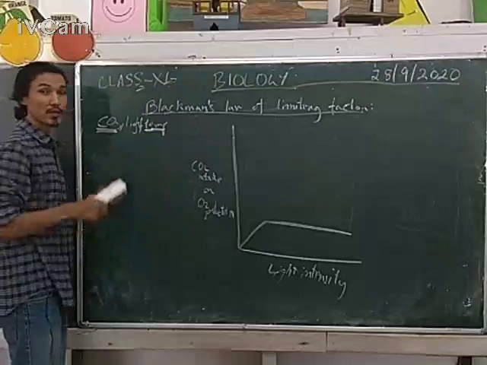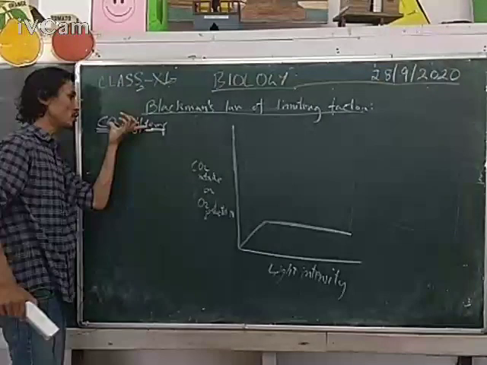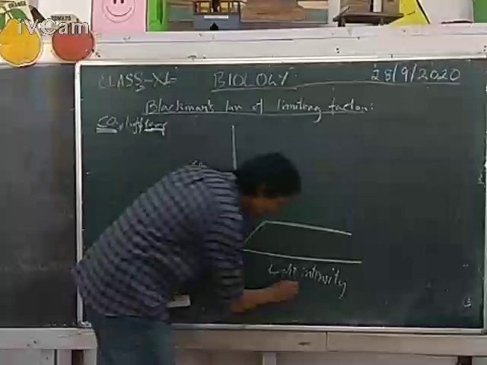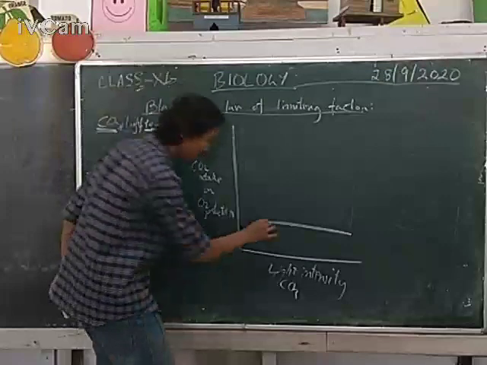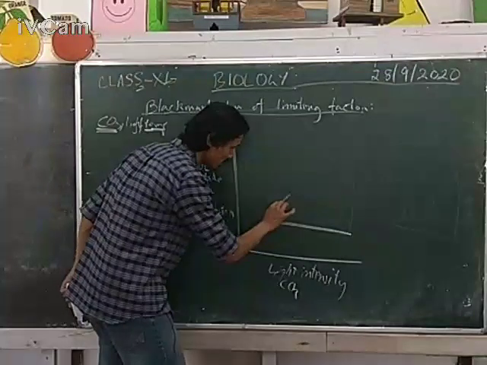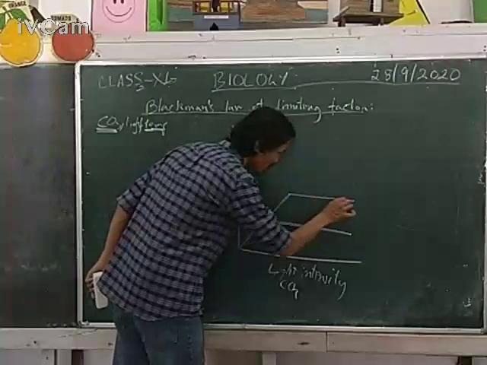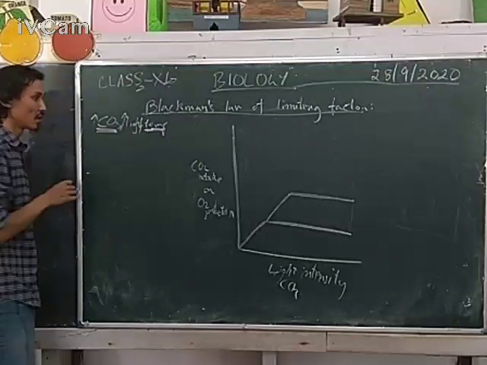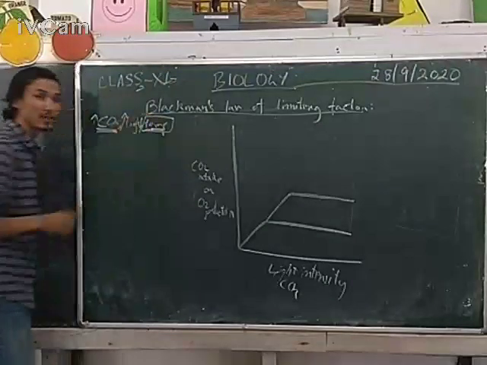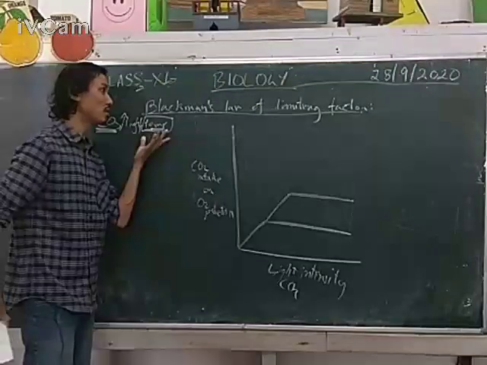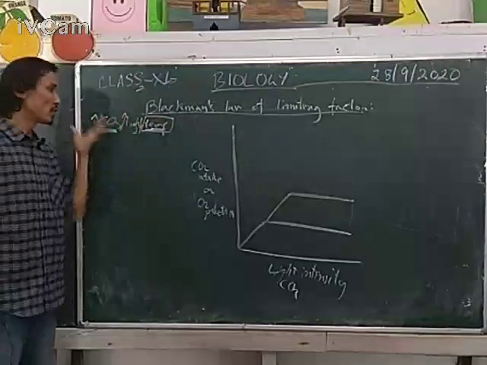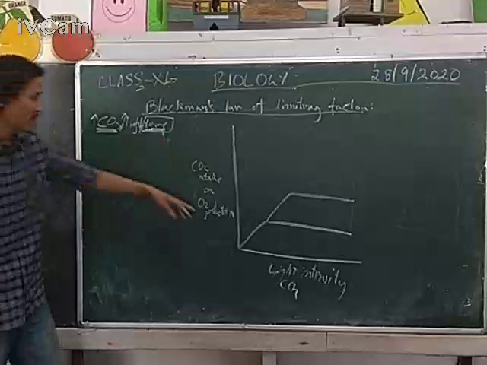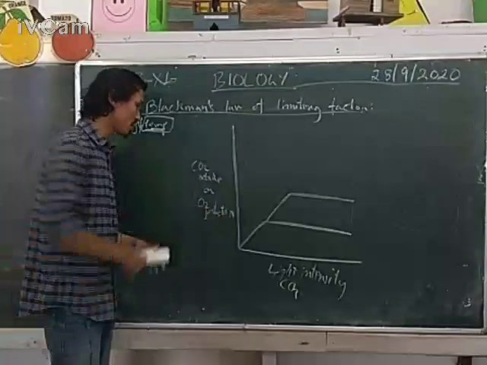Carbon dioxide and temperature being constant despite increasing the light, these two become the limiting factors, that is, carbon dioxide and temperature. Now, if I increase carbon dioxide concentration, again the process will increase up to a certain level and then proceed at the same rate. Now I've already increased light and carbon dioxide concentration, but here temperature becomes the limiting factor. So this is the principle of limiting factors: a process controlled by multiple factors in which the slowest factor controls the entire process. This carbon dioxide intake or oxygen production means the rate of